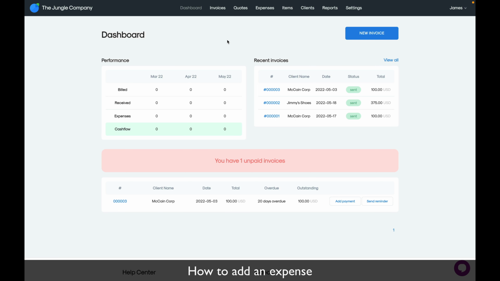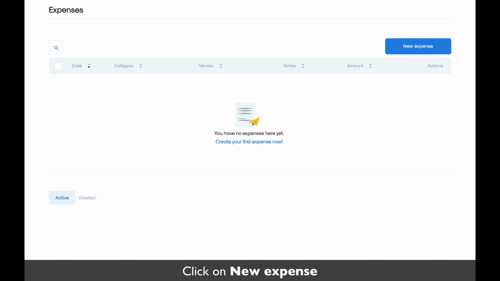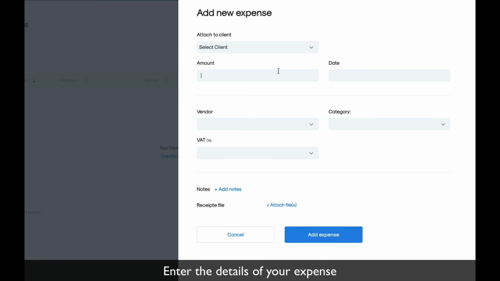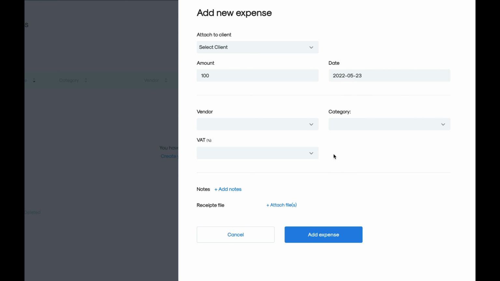Today we're learning how to add an expense to your InvoiceBerry account. Head over to the expenses page and click on New Expense. Now you can add an expense. For example, $100 today. Now, if you haven't added any expenses yet, there won't be any vendors or categories to